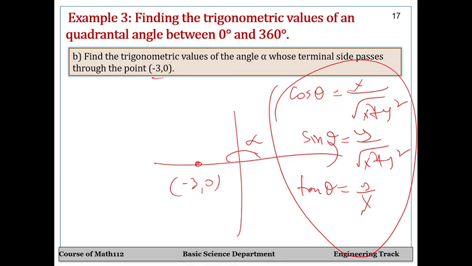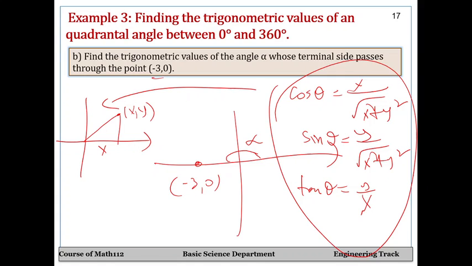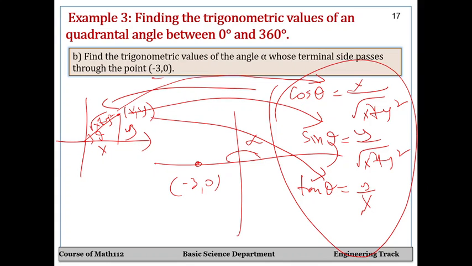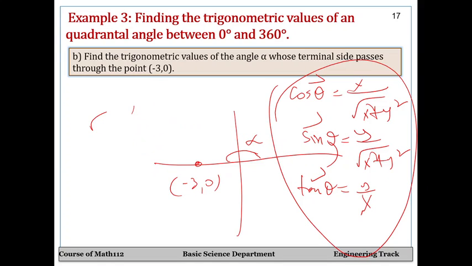Now, if you don't remember them, you can use this one here, x, y, which is x is here, y is here. To get the formulas, you can assume theta is in the first quadrant and find the formulas here. But when applying, I mean, finding the actual value of